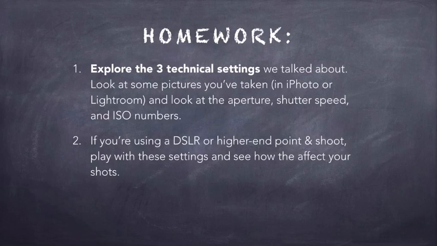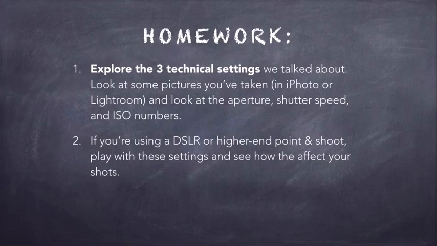That data is saved onto the picture, and it'll show you what the aperture was, what the shutter speed was, and it'll give you a lot of information about your picture. So in this next slide, we'll have a little appendix, and I'll show you where you can find that information in iPhoto and Lightroom. And it would be good to take a few minutes to look at what these numbers are for your specific photos and how they differ from each other now that you have a better grasp of